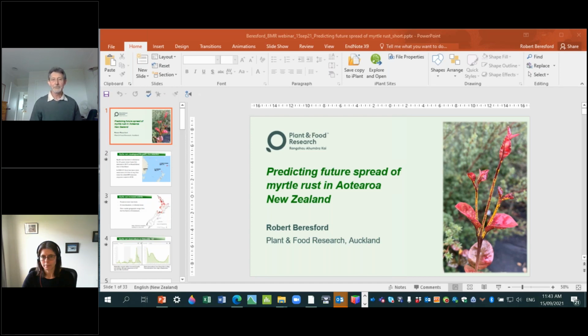How big are they? If they're big trees, then that's a bit of a challenge. We don't tend to see myrtle rust in the tops of big trees, mainly because we can't see it up there, but maybe also because the canopy expansion rates are small in the sense that there's a high standing mass of old leaves and not a lot of new growth. Maybe the host density is effectively not high enough for epidemics to develop in the tops of trees. That's just a thought, but